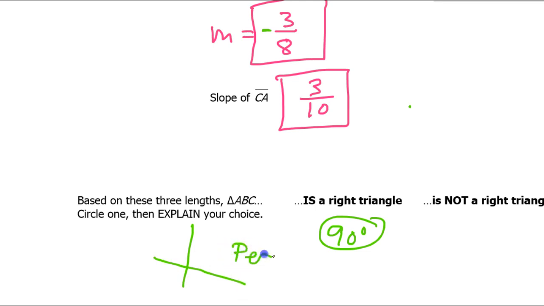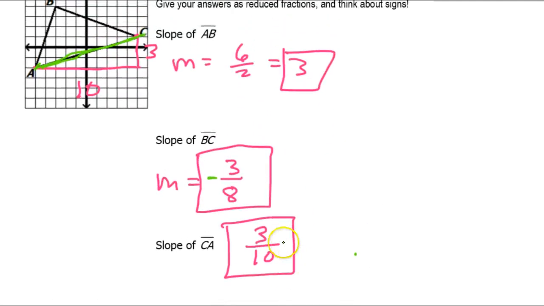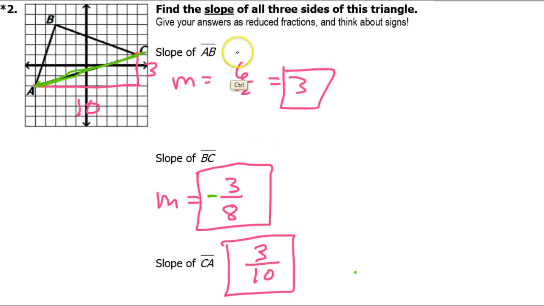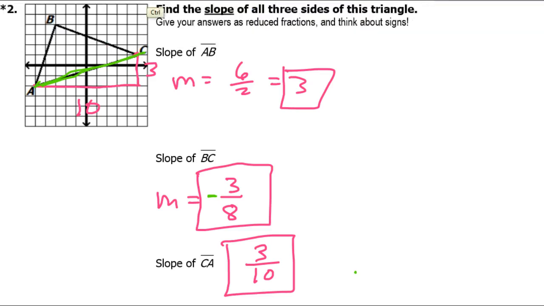Okay? So that's the key. Looking at these slopes, we should be able to tell whether or not any of these lines are perpendicular. And the reason is this. When you have perpendicular lines,